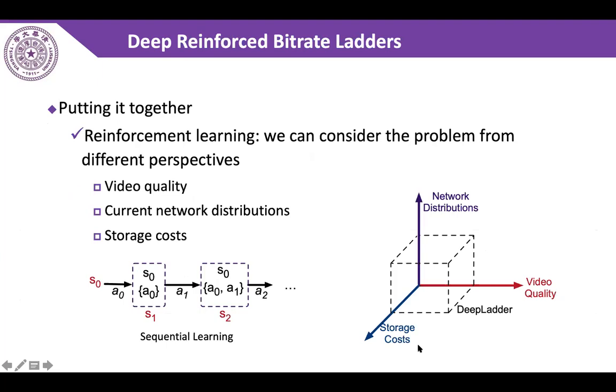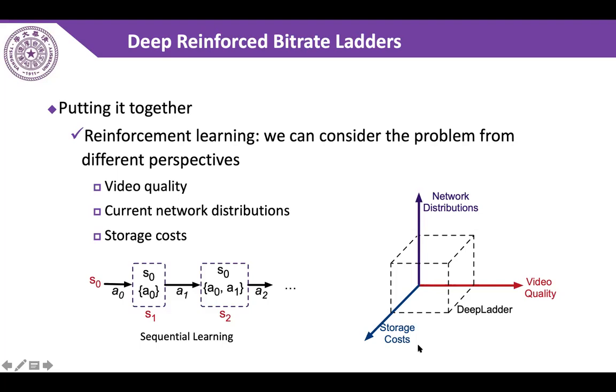So reporting together, we find that constructing a good bitrate ladder should consider video content features, current network traffic capacities, and especially the average storage cost on demand. So it's quite challenging for conventional heuristics to effectively combine such metrics from various perspectives. To that end, we propose DeepLadder, a deep reinforcement learning bitrate ladder construction approach.